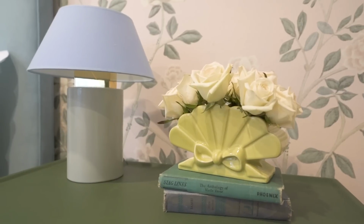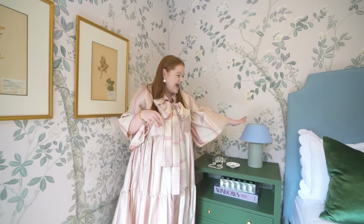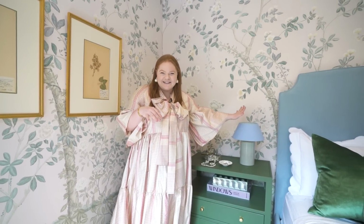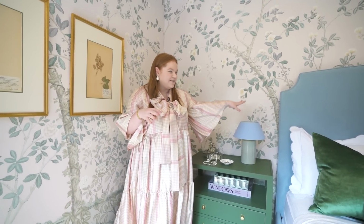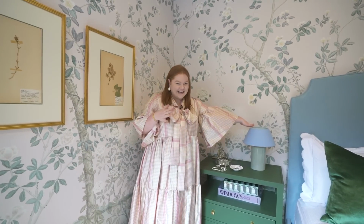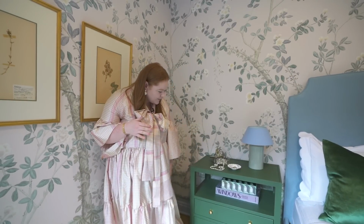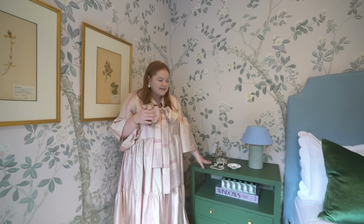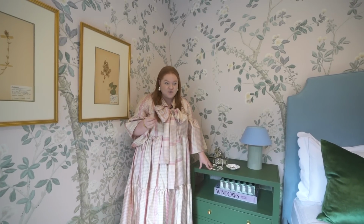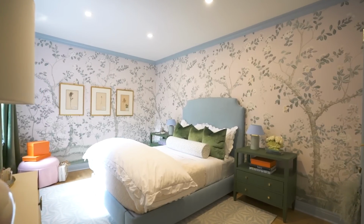And then over here was one of my nightstands. I have the same one on the other side, but has these tiny little lamps. And I think it's so funny when you think about the scale of this compared to the headboard, and especially this compared to the monster on my dresser. I think it's so funny. These are like little nuggets of lamps. And I just have my jewelry, some necklaces, rings, and these dressers have such good storage. I can't even tell you how much they hold, but I am very thankful for the amount of drawer space